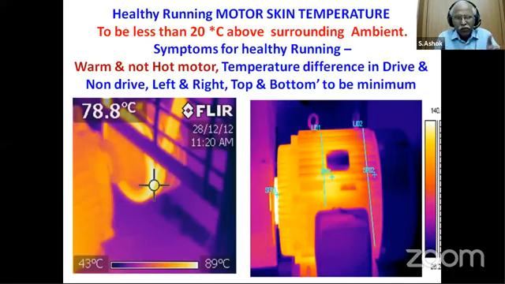Our thermal imager will definitely show whether the motor is misaligned. If the driven to non-driven temperature difference is more than 20 degrees, it indicates misalignment, the bearing is put under a lot of strain, and it needs to be changed. You can see the bearing, put under misalignment, is taking almost 140 degrees, whereas the ambient temperature is only around 30 degrees. When you do thermal imaging for all your motors, this will give you an input on where the motors are strained more.